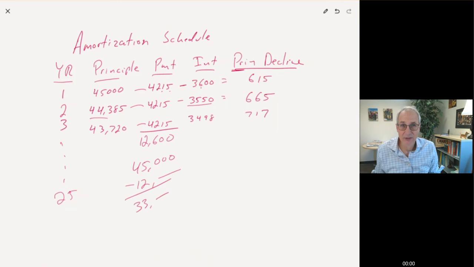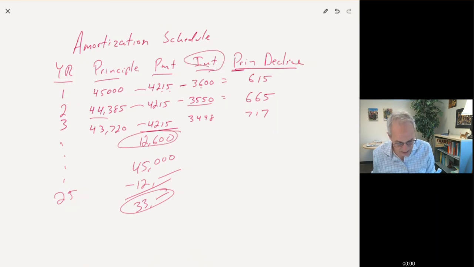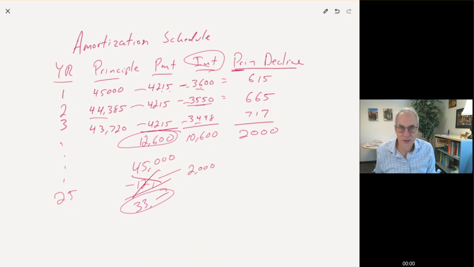This is where a lot of people get very depressed when they go in to pay off their loan, and they're like, well, no, it's not going to be $33,000. Well, why? Because a lot of that payment went to interest. How much interest? 3, 6, 9, 10, about 10,600 there. Okay. So out of your 12,600, over 10,000 went to interest, which means that the amount that went to the principal was only about 2,000. So instead of reducing your loan by 12,000, it's only going down by about 2,000. So that means you would owe about $43,000. And if you did this next row, that's what you would see.